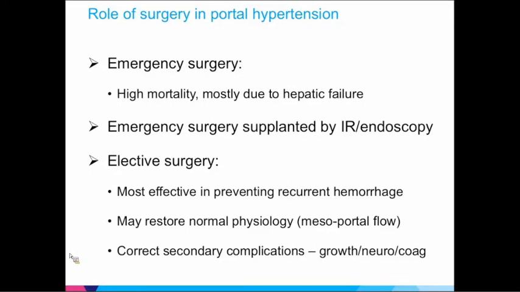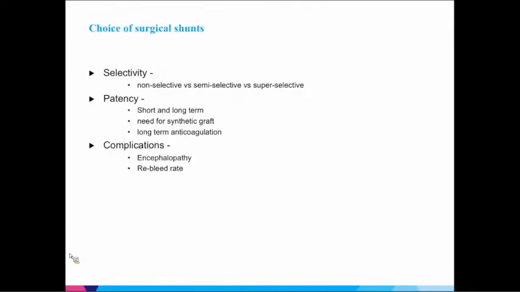Elective surgery is mostly effective in preventing recurrent hemorrhage, may restore normal physiology, and I'm going to speak about this a little bit, and then correct secondary complications in some cases. So the choice of surgical shunts, one should think about selectivity, non-selective. I sort of mentioned this in passing, but really you all are familiar with the complications of non-selective shunts as manifested in a wide bore TIPS in a somewhat marginal liver, and today the surgical portocaval shunt is hardly ever done,